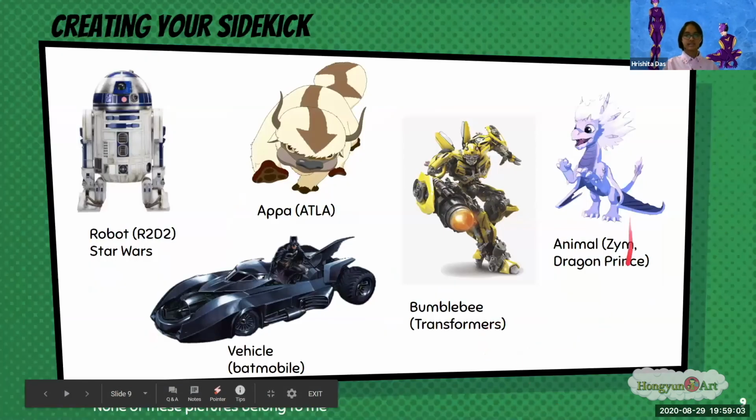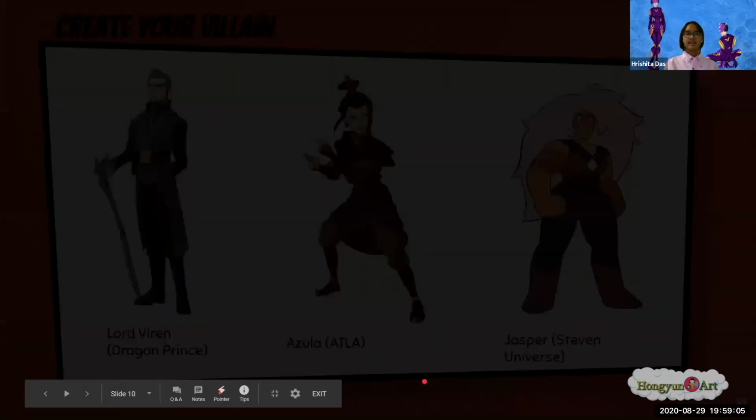Creating your sidekicks, here are some more examples, and creating your villain,